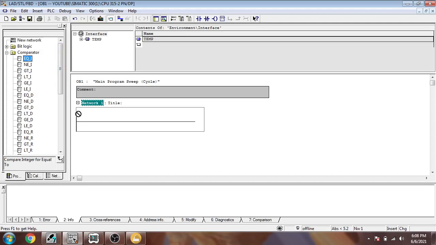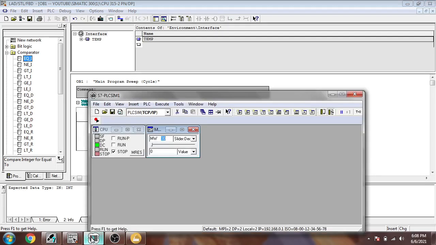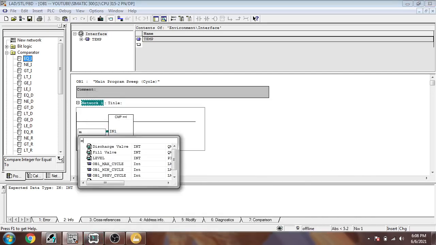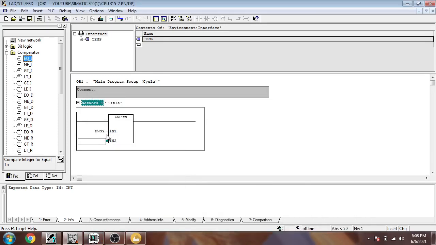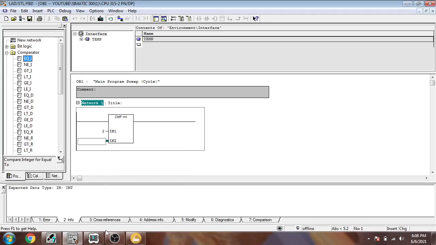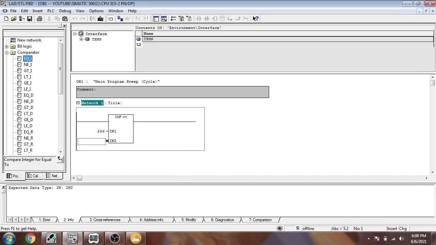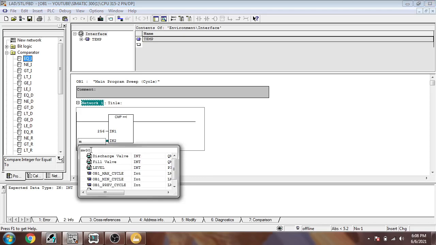So first of all, I am just going to show you equal to and not equal to, and I am just using my values. Let's see. MW32, I am just using that there. I think 256 is better, and I'm going to change that to 256, and I am using MW30 there, which I think is our test.